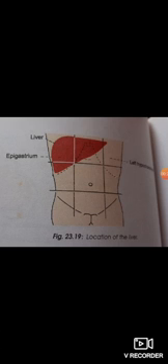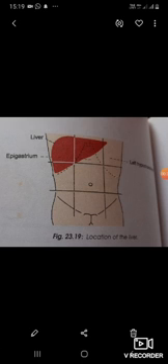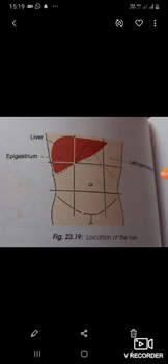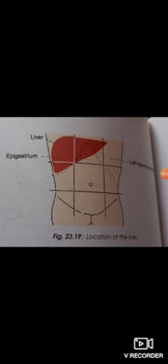Now, in the figure, you can see where it is located. The liver occupies in the wall of the right hypochondrium the greater part of the epigastrium and extends into the left hypochondrium, reaching up to the left lateral line. From the above, it will be obvious that most of the liver is covered by the ribs and the costal cartilages except in the upper part of the epigastrium where it is in contact with the anterior abdominal wall.